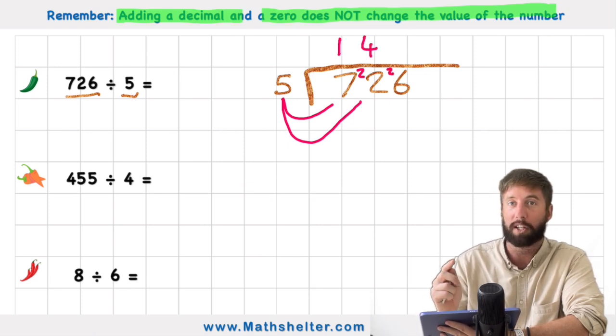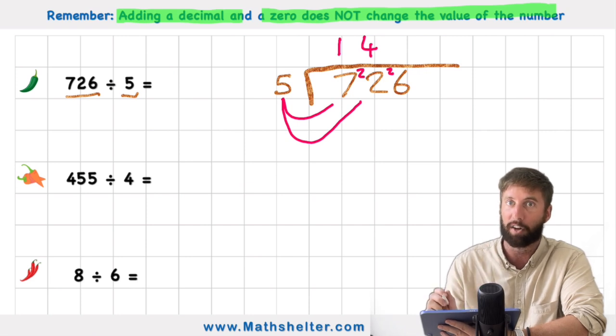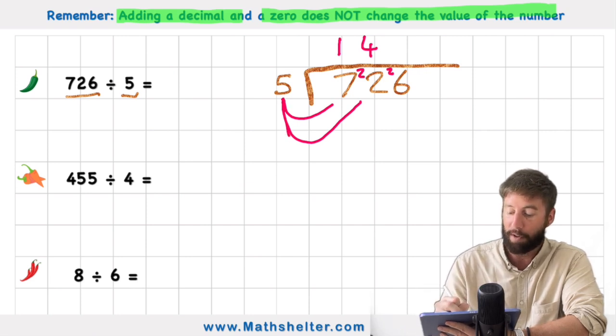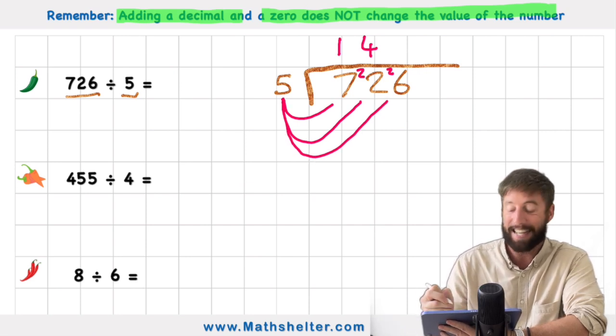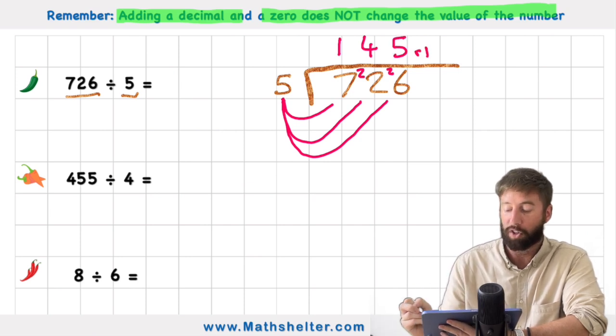And I'm rushing through this little part here. If you don't really understand how to do short division, then go and look at the proper video that covers everything you need to know about short division. Today we're specifically looking at the remainder part. And then how many 5s are there in 26? I have 5. Now, traditionally, what we might do is put our little remainder 1, just like that, at the